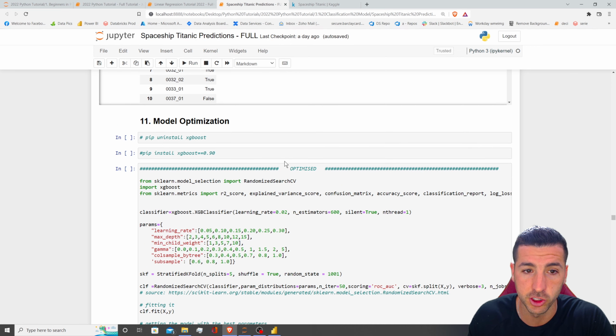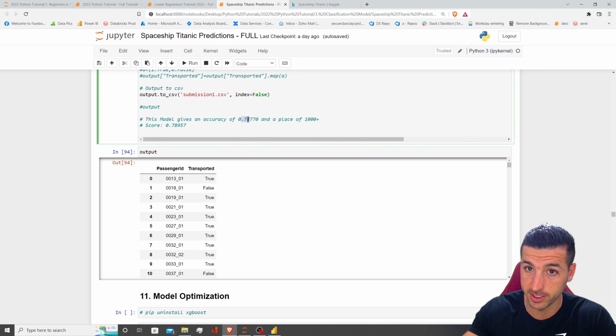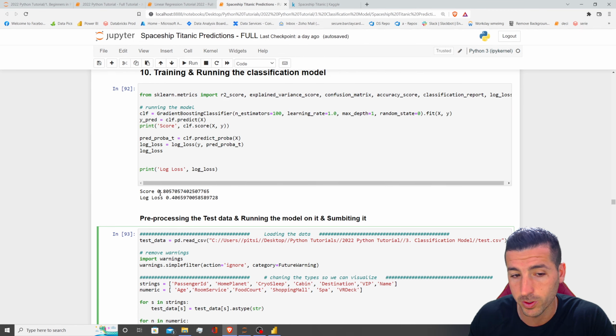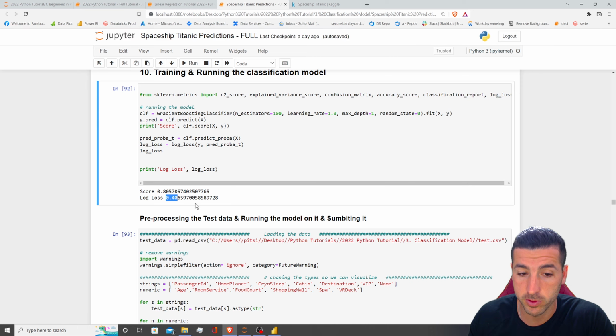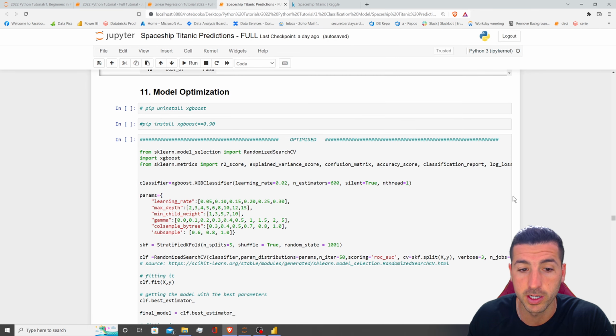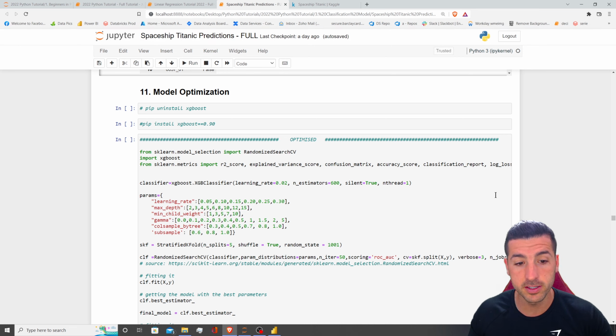Right, starting from where we left it in the previous video, which is up until here, the model optimization. So we've just run our model and we got 78% on the unseen data in Kaggle. However, over here, our model got 80% and a 0.40 log loss. If we try to improve this model just by optimizing it, so without changing anything else, we'll need to follow